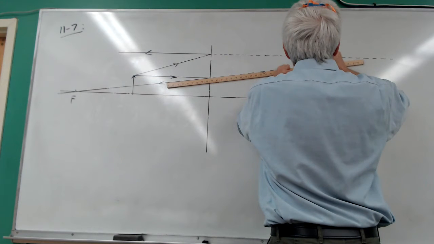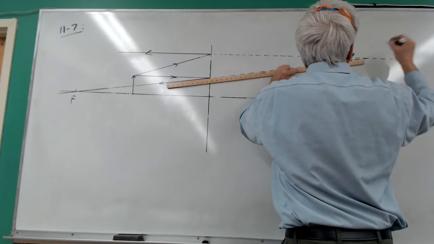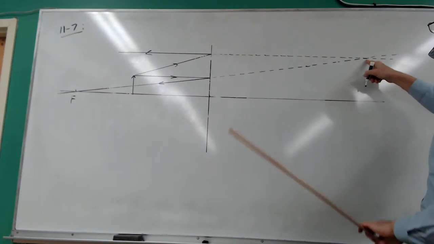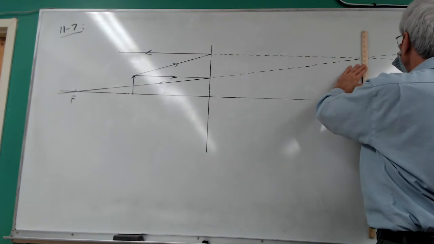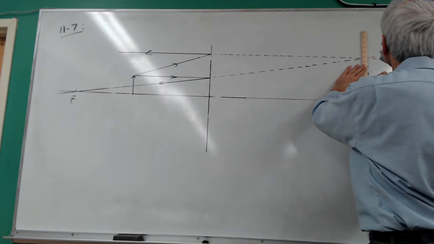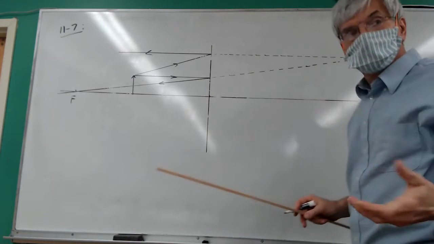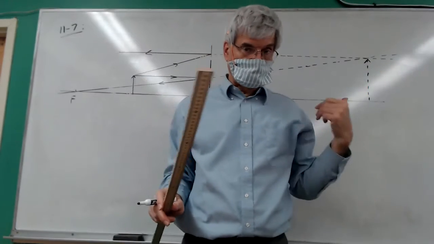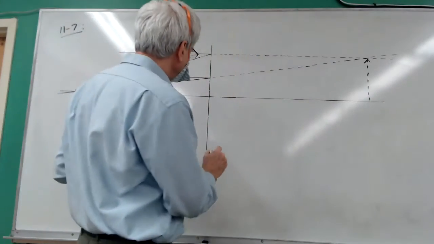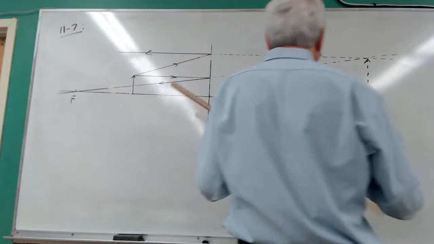My ruler's kind of slipping around on me. So they seem to cross right there. That would be the tip of the image. And then you measure your answers off the picture. So for the distance from the mirror to the image,